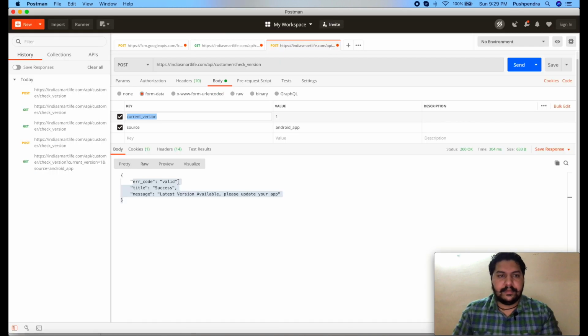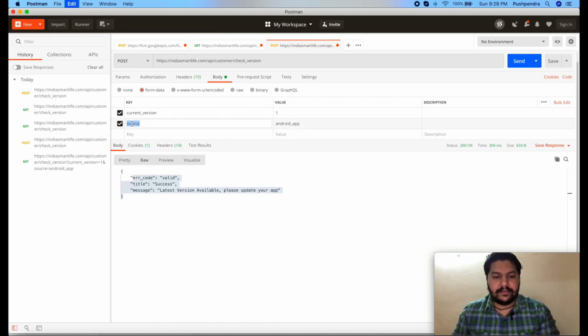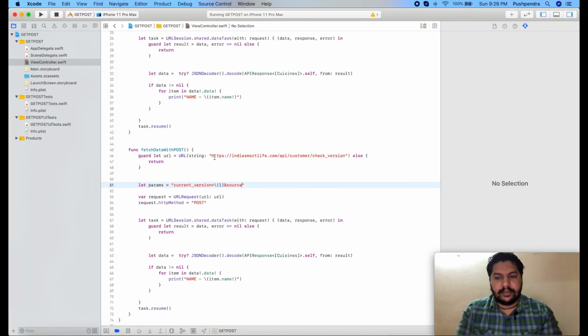And the second thing is source, source equals, let's say it is iOS app. Fine. Now these params you have to send to the services.